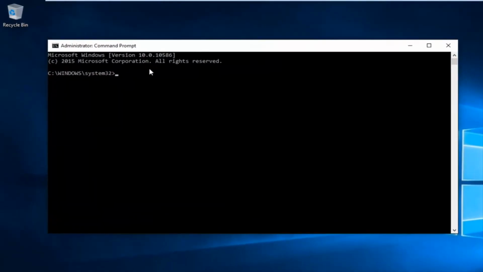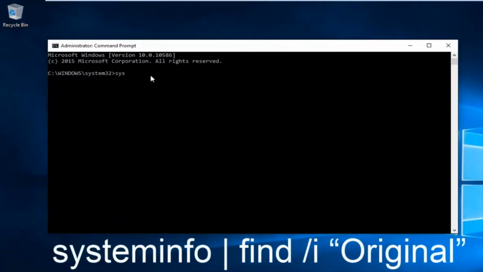Okay, so at this point what we want to do is type in systeminfo, space, and then you want to do a straight vertical line. I'm not exactly sure what this is referred to in grammar terms, but it should be right underneath your backspace key on your keyboard. And then you want to hit the space key again, and now type find